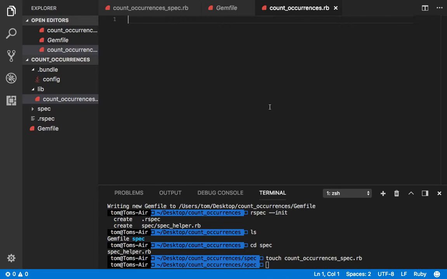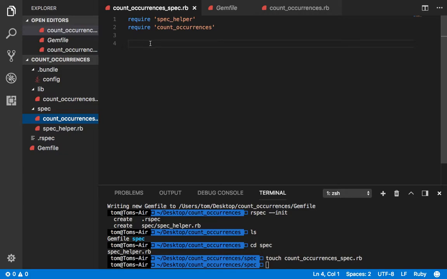So we're now going to complete our test file here, and the first test for this, which is to count the times the element with the most occurrences happens in an array. So describe count occurrences, do, and end. We're only using this as a method, so we're not describing a class here. When the array is empty,